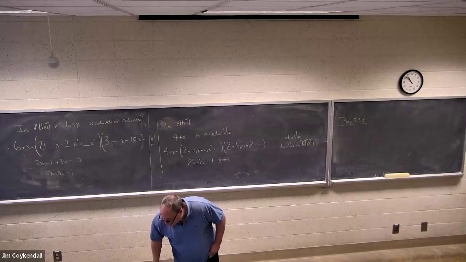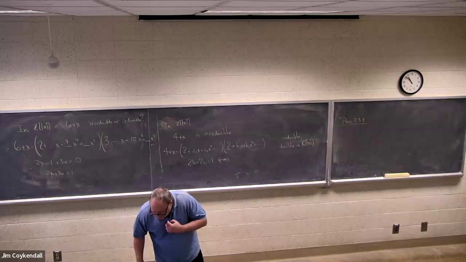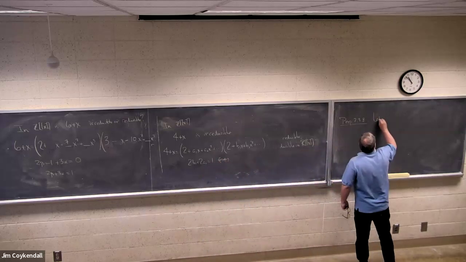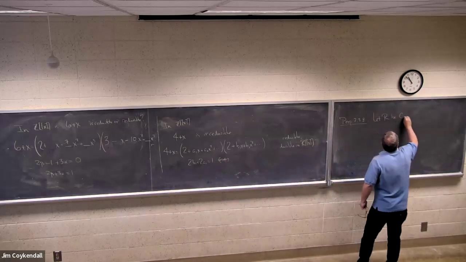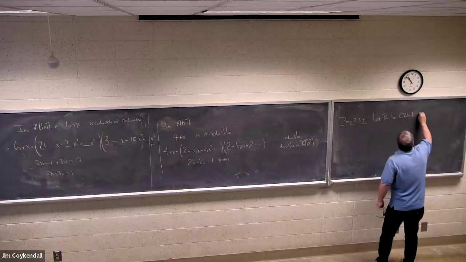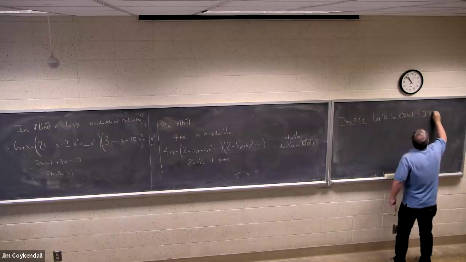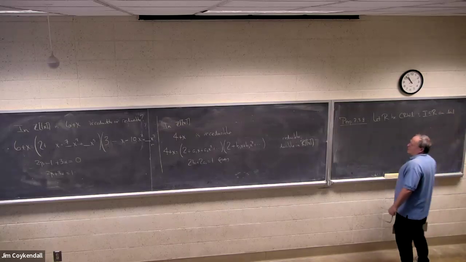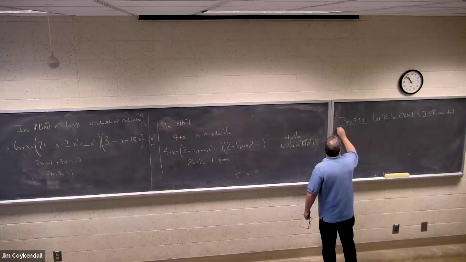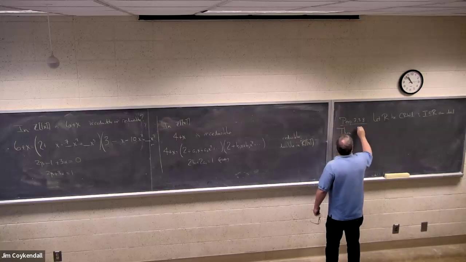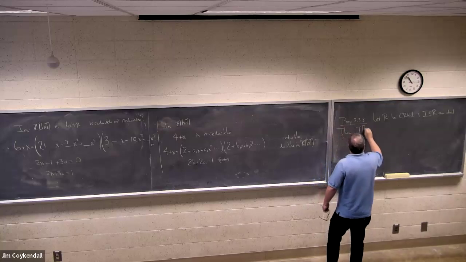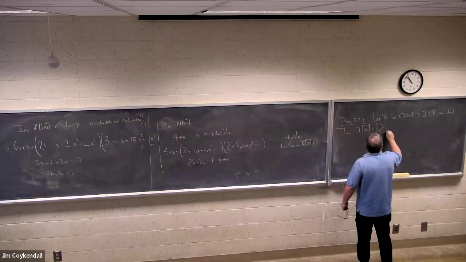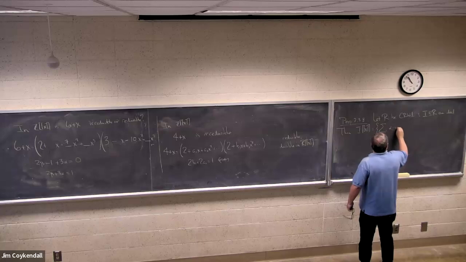Let R be a commutative ring with identity and I an ideal in R. Then I power x, which you might think of as alpha I x I,